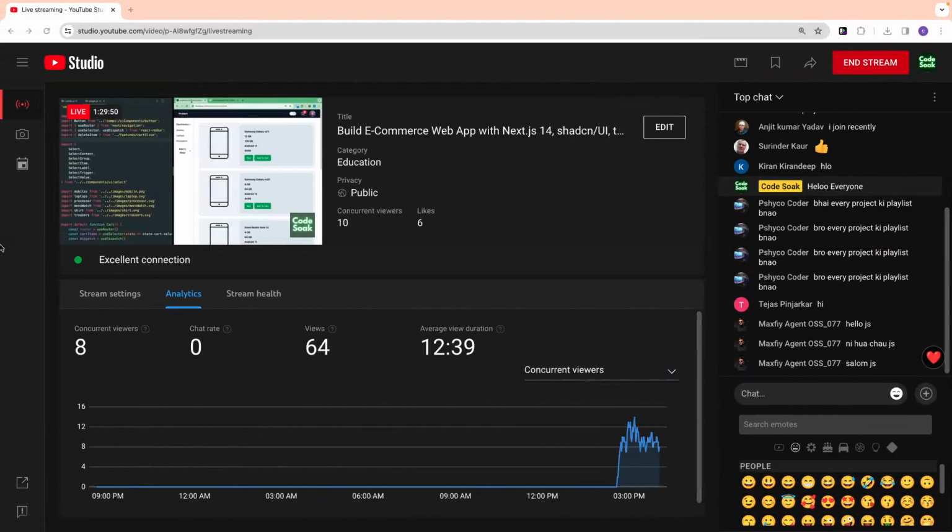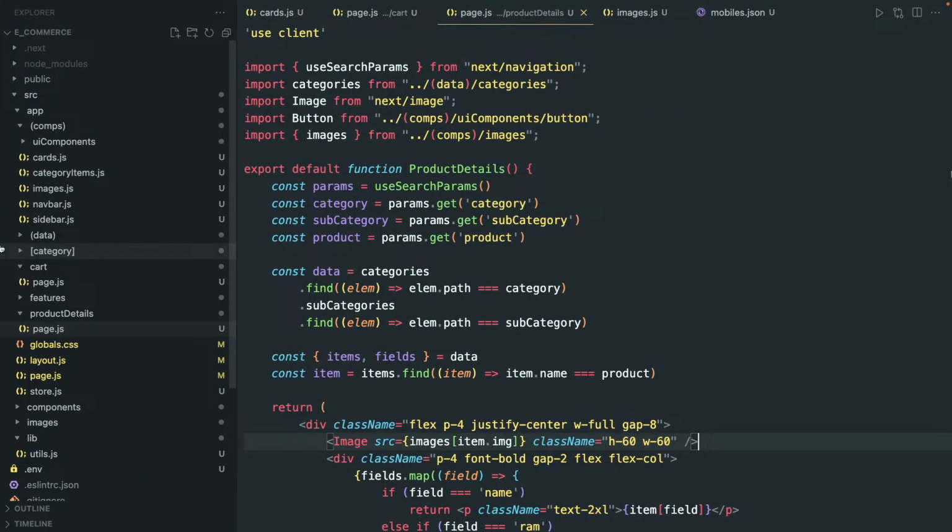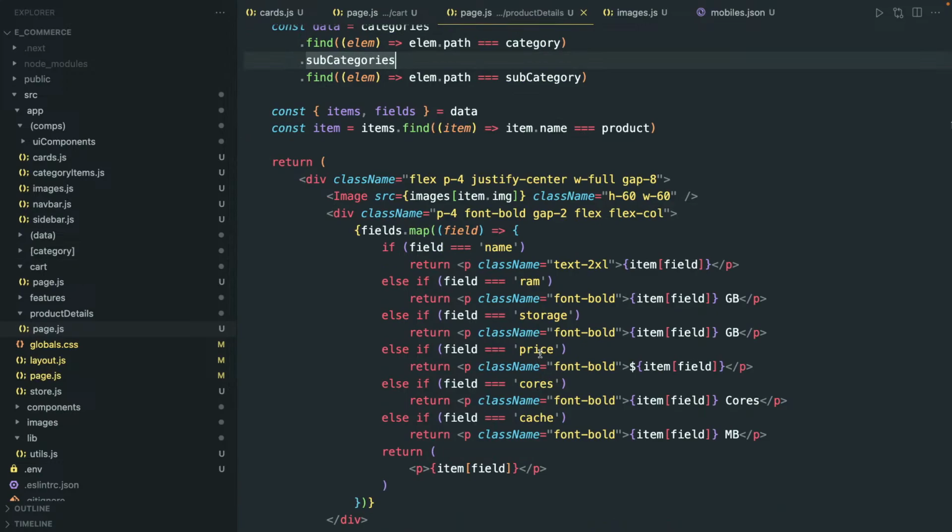Hello Tejas, Pinjarkar, and hello Maxify agent. So we were